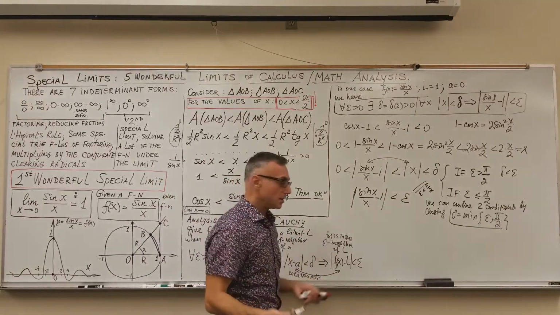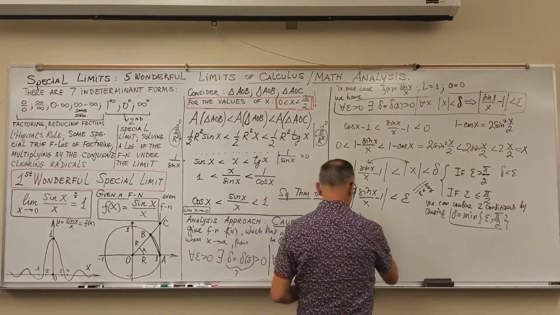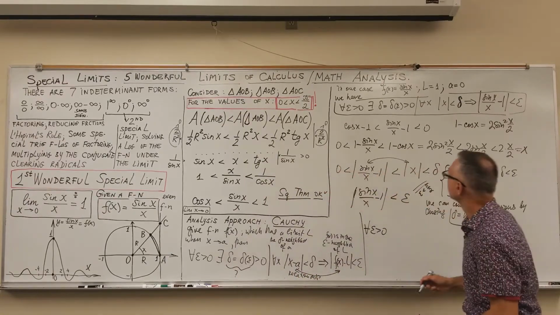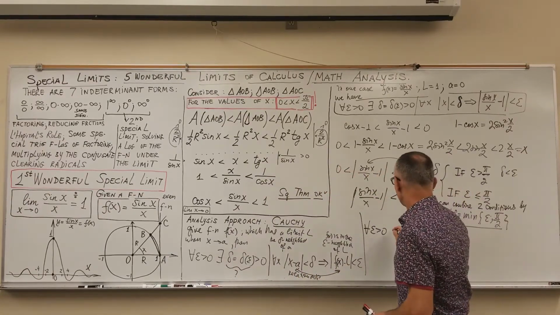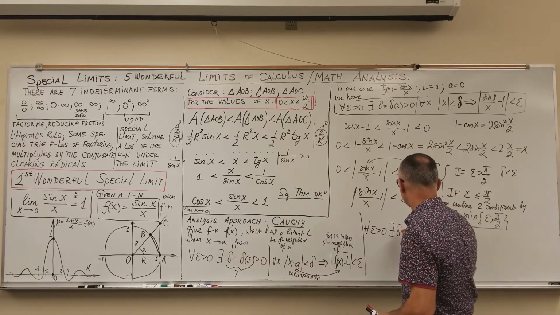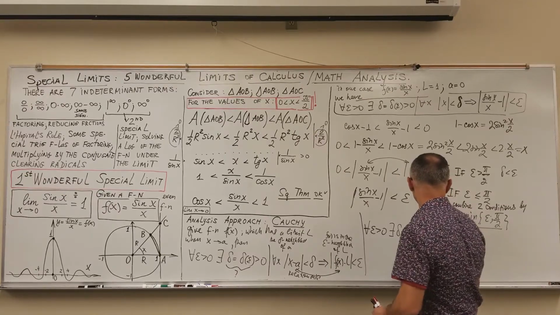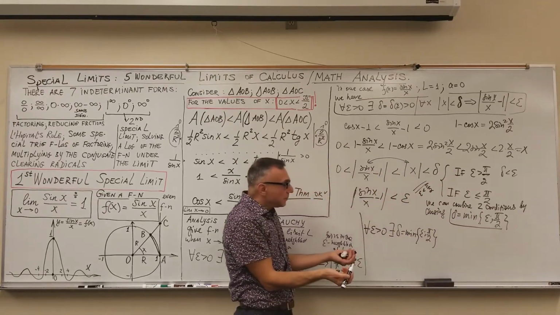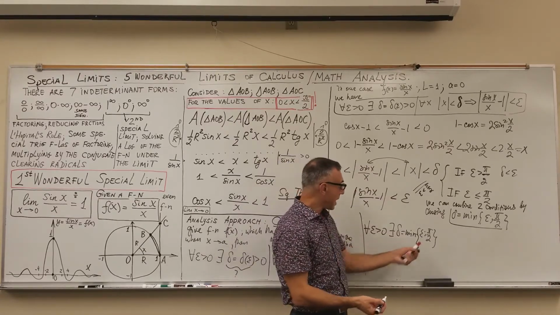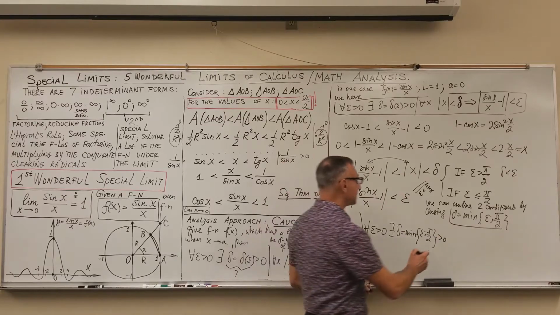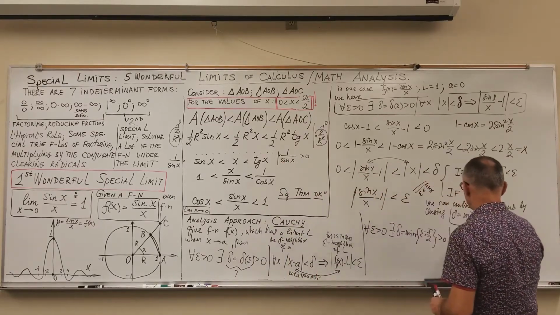I can complete my proof, which means that for any epsilon more than 0, there exists delta equal to the minimum of epsilon or pi over 2, which is obviously positive, such that